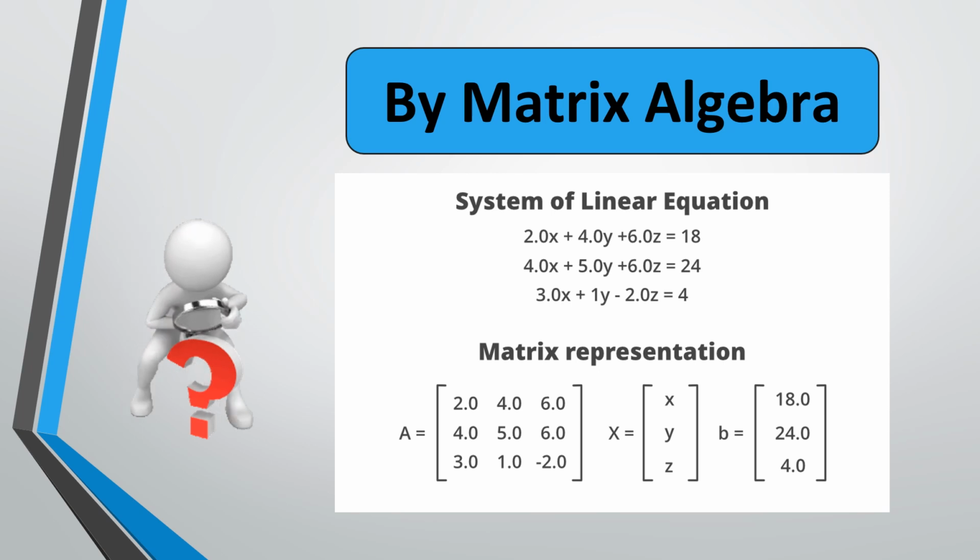Multiply the matrix capital A raised to the power minus 1 with the matrix B and present the matrix of the product capital A raised to the power minus 1 into B. Thus we will obtain the matrix of the variable capital X. Locate the value of each variable in the matrix capital X with reference to the corresponding element in the product matrix.